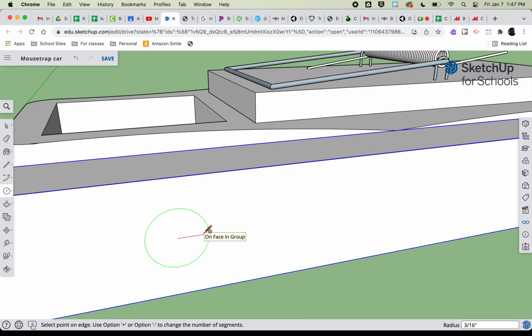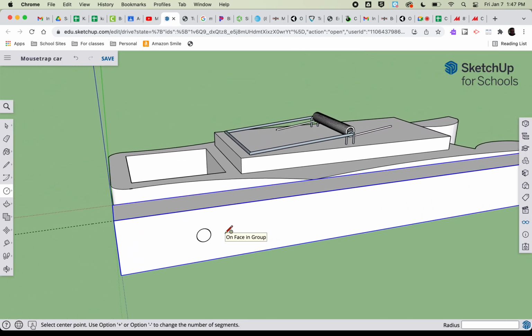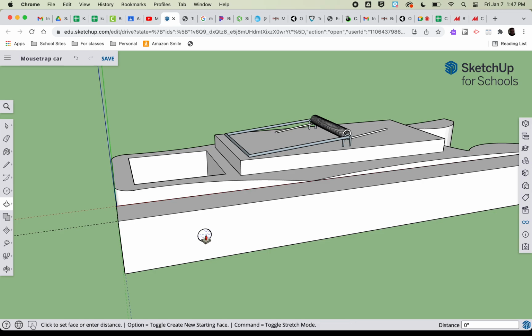So I chose an axle size of 3/16. So I clicked, move along the red axis, type in 3/32, because that's the radius of a 3/16 inch axle, and I press return. Then I'm going to push the axle through the car,